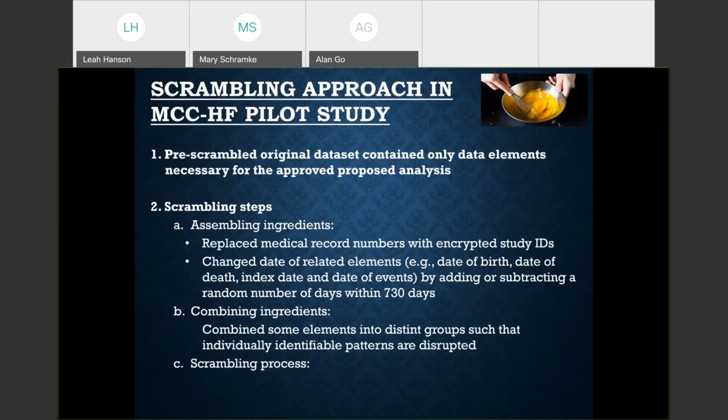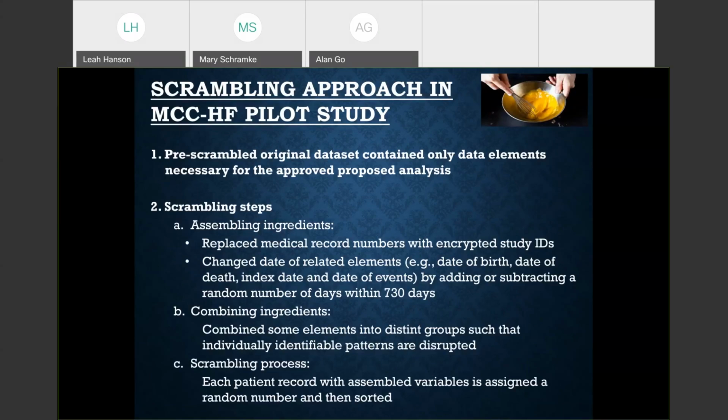And so we ultimately did the scrambling process in which each individual participant record with the assembled variables gets a random number at the end, and then they're sorted accordingly. But as I showed you on the prior slide, there's the reordering of different group variables within that, but nonetheless, the marginal values stay the same for all the variables and allows the team that's doing the work now to